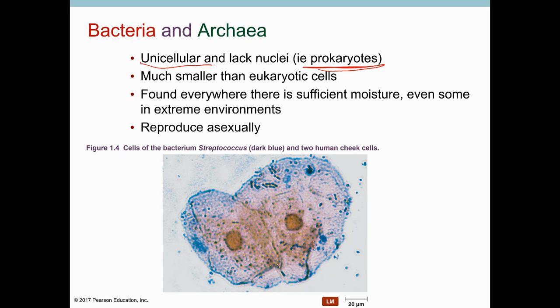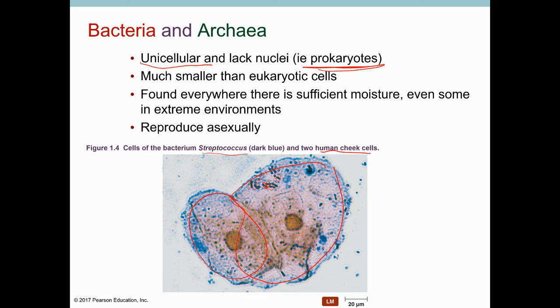It also means that they are unicellular, because all prokaryotes that we've ever found are unicellular. Now, prokaryotes are much smaller than eukaryotes. In this picture here, you have two human cheek cells overlapping. Those are eukaryotic human cheek cells. And what you can see here, in what look like very small little dots, are the bacteria. This happens to be Streptococcus, what you would call strep, in the mouth. And so you can see that there's an enormous size difference between the human cells and the bacterial cells.